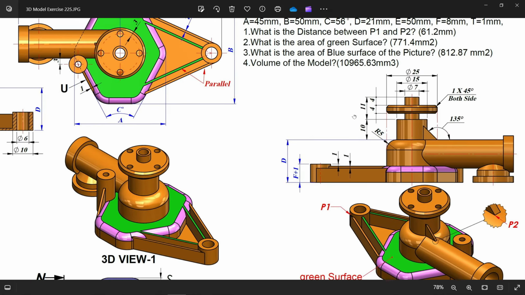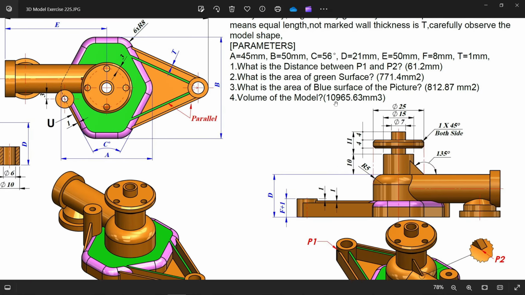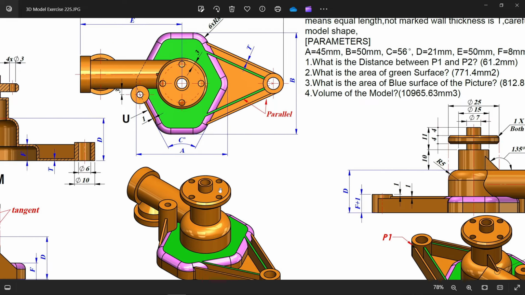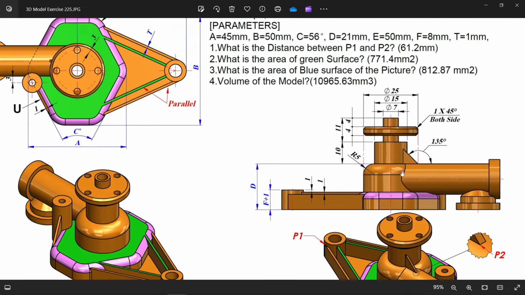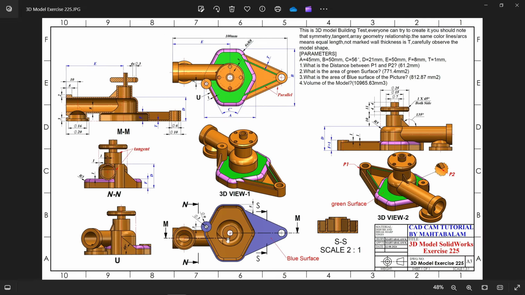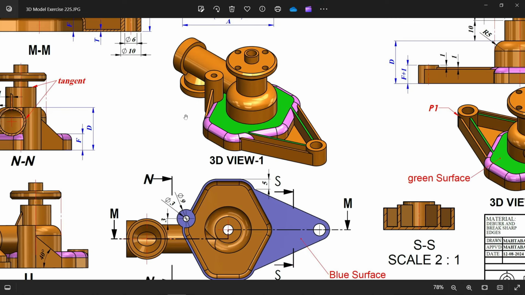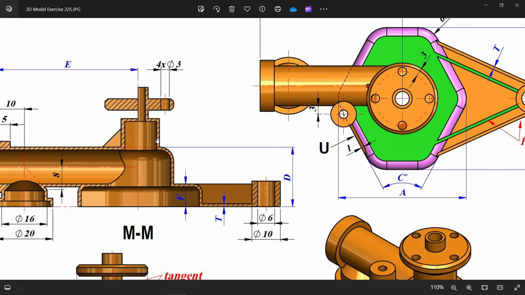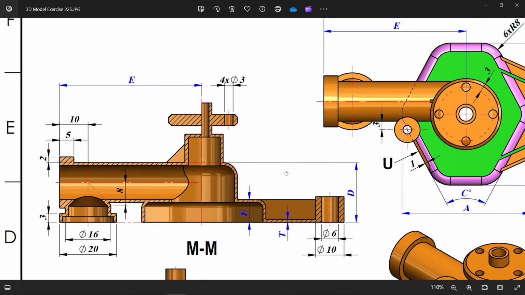Now we did some little modification, so let's start to make this portion, this center one, and you will observe from bottom this is a hollow, and you will see there is a section view mm, this is the section view mm, this is hollow, you will see, and the thickness is going to be 1 millimeter T, it's 1 millimeter. Okay,